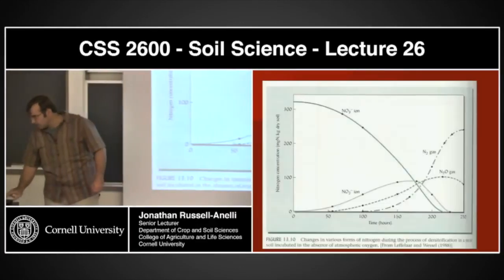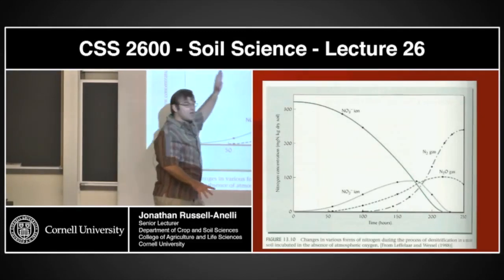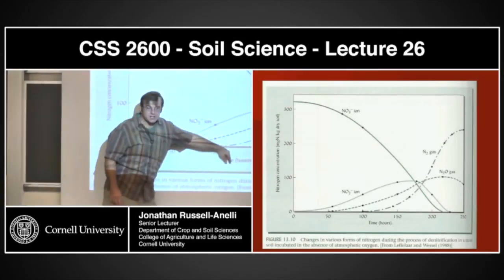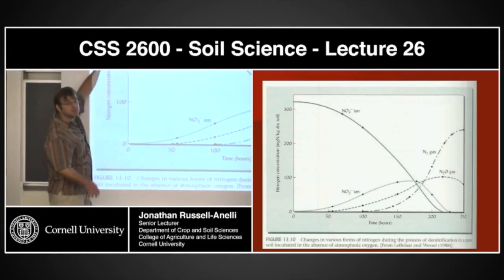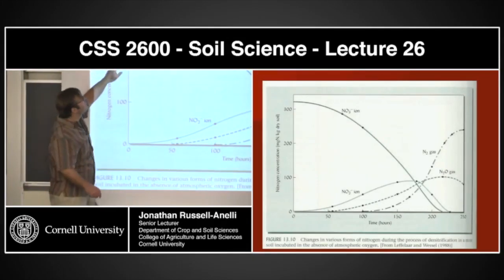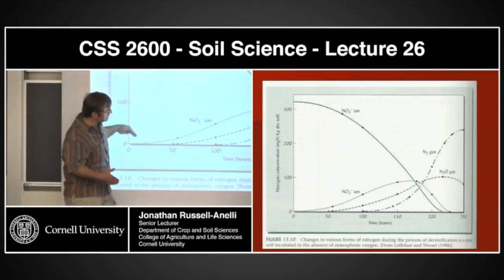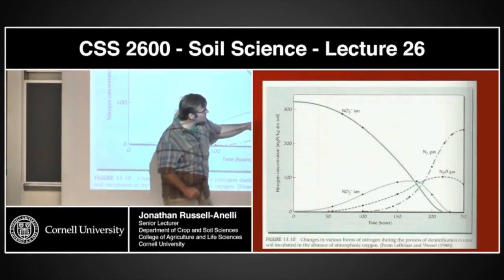How about we take a look at denitrification? Okay, so we start with nitrate and we end with N2 gas. Basically what you're looking at is a time scale here, a period of time, and a concentration. The higher up it is, the higher the concentration. Okay, so we start this system at the end of nitrification, where I have lots of nitrate. Okay, the system goes anaerobic. What happens? Well, we start seeing the creation of N2O gas.